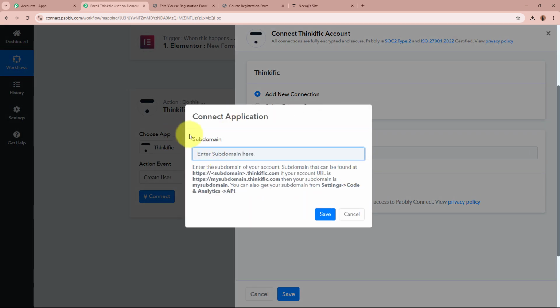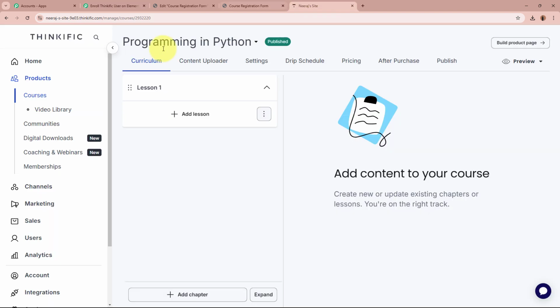As I'm going to do that, it is asking for the subdomain of our Thinkific account. So now to have the subdomain, follow the help desk step given over here. Okay. So now to have the subdomain, log into your Thinkific account. So this is my Thinkific account, you can see right here. And now to have the subdomain, in the URL, you can see next to this HTTPS and slashes,